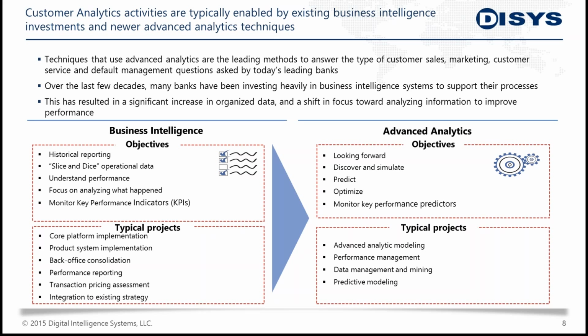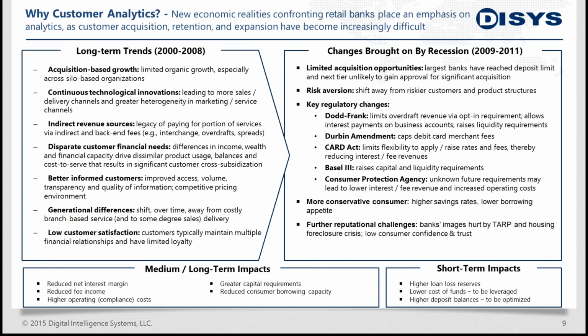Those are the things that companies are embracing at a very, very rapid rate today. So why customer analytics? Again, it is the most cutting-edge capability that exists today in terms of helping organizations or clients grow their business. We know over the years that most organizations grew through mergers and acquisitions, and over the last 5 to 6 years, because of the tight economic situation that we were in,